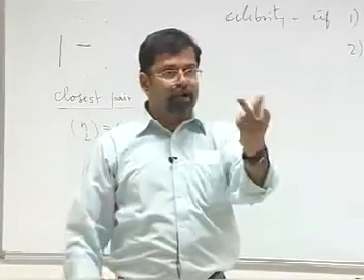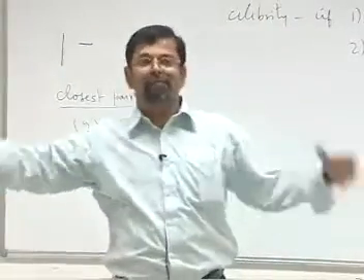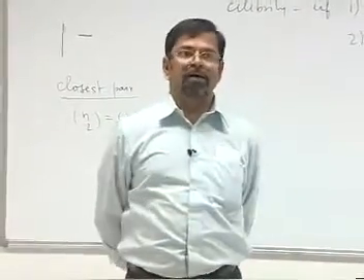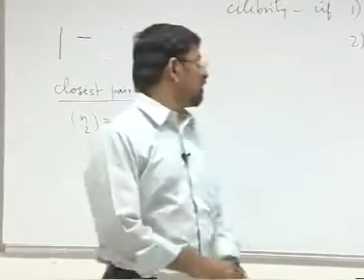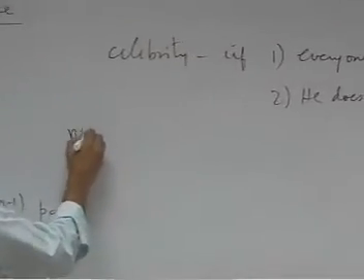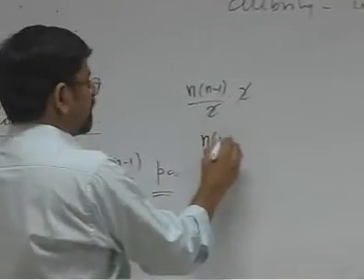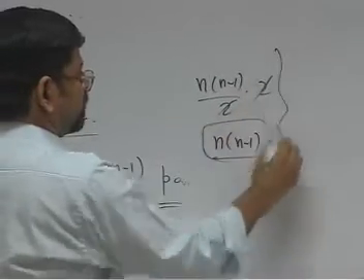So, for every pair, you have to ask two questions, and finally, you have to identify whether there is a celebrity in the hall or not. So, this calls for n choose 2, n into n minus 1 by 2, into 2 questions each. So, asking n into n minus 1 questions.